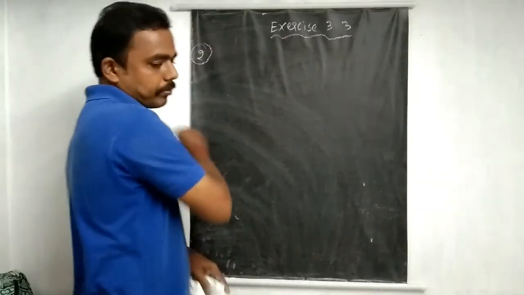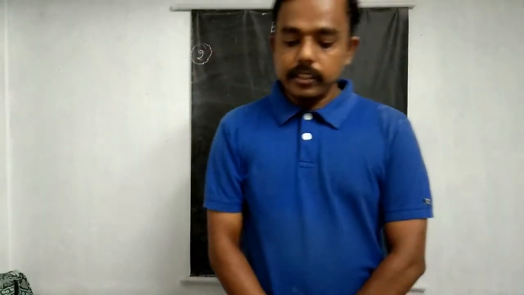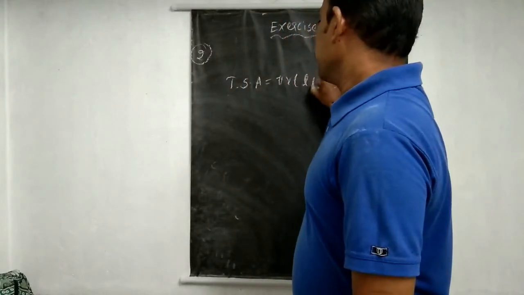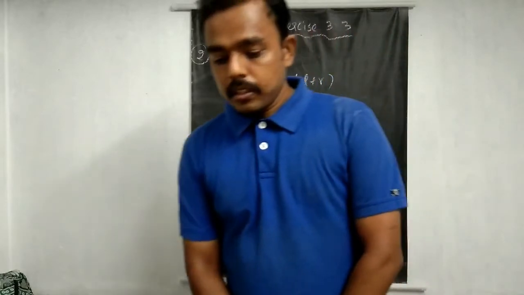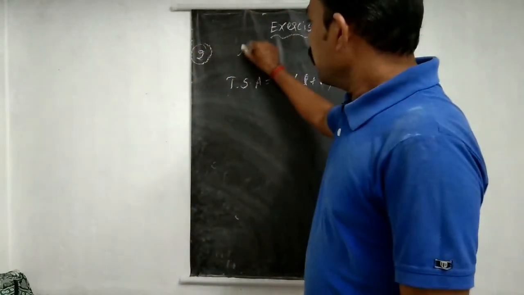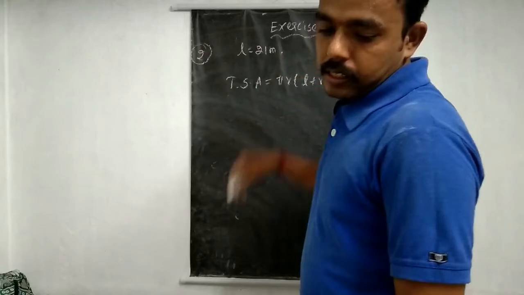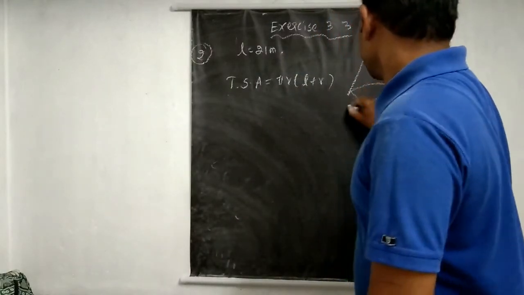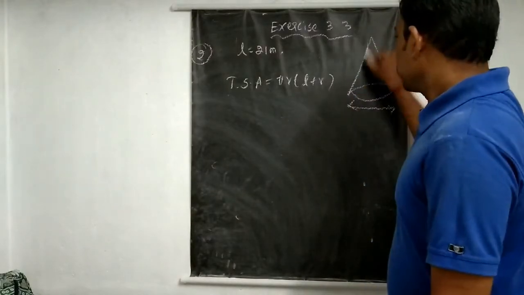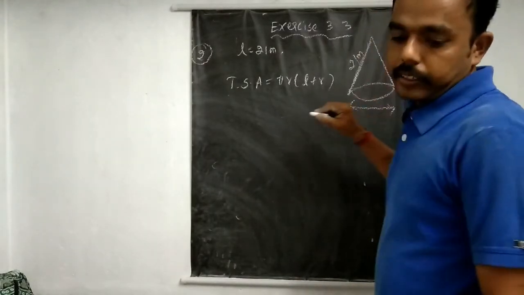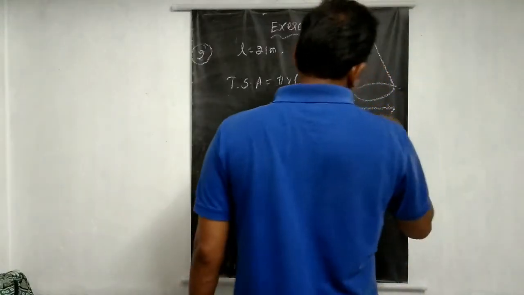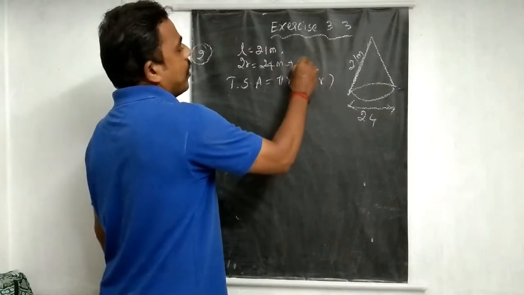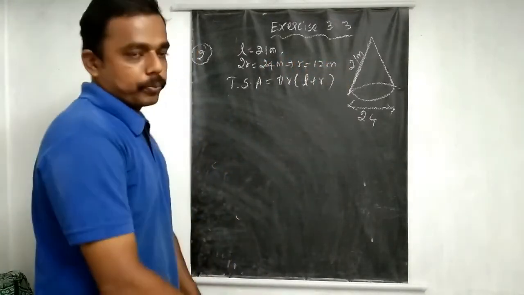Second problem. Find the total surface area of the cone, equal to pi r into l plus r. We need to find this. If its slant height l is equal to 21 meters and the diameter of its base is 24 meters, so 2r equals 24 meters. This implies r equals 12 meters, that is 24 divided by 2.